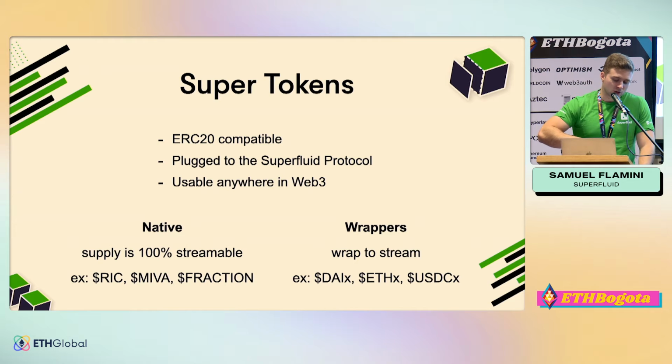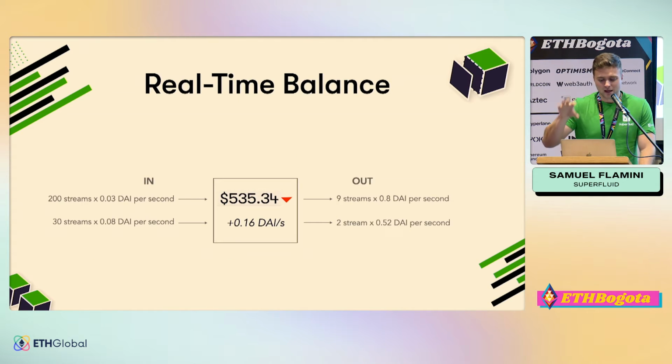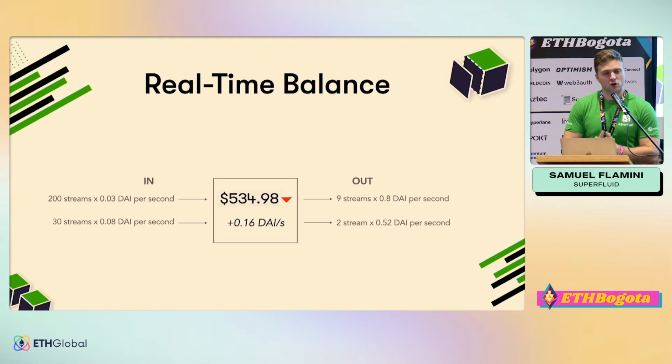There are also native super tokens whose supply is 100% streamable. So if you learn about Superfluid today and you decide to launch a token, you might opt to just deploy it out of the box with all these features so you don't have to wrap anything. That's an option too. There are several of those out in the wild that have a lot of usage, so that's another option. But the key thing to keep in mind is this real-time balance, right? It's an aggregation of all the incoming flows and outgoing flows to create this kind of single number the protocol needs to keep track of to figure out how many tokens you should be sending or receiving every second.